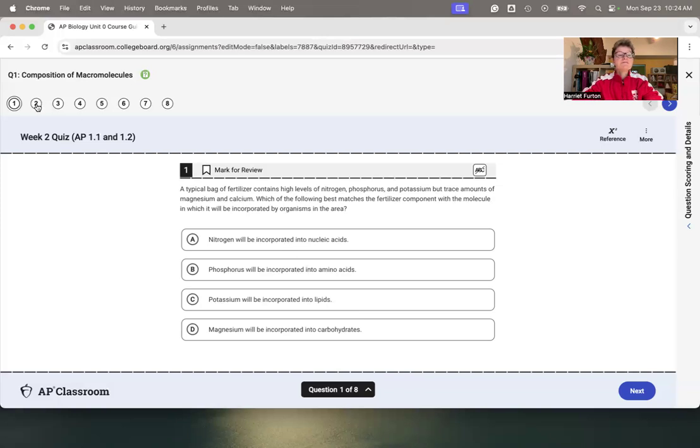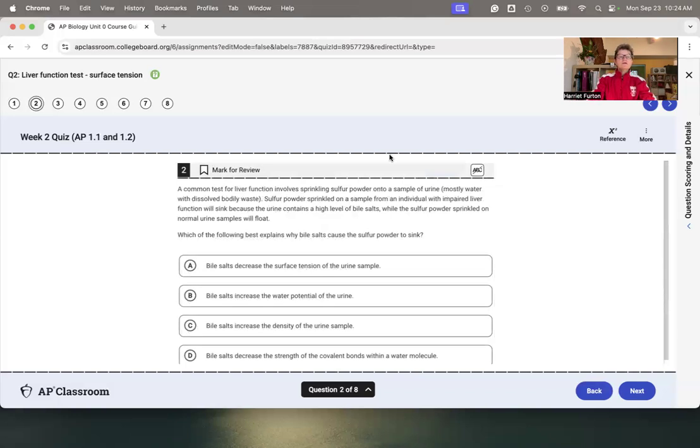Question number 2. So a common test, this is in clinical settings, is for liver function testing. If the liver is not working correctly, tons of bile salts will be in the urine, and it will indicate liver malfunction. Now, if the urine does not contain bile salt, the sulfur powder sprinkled on the urine will stay